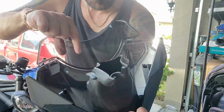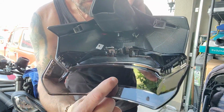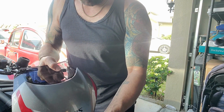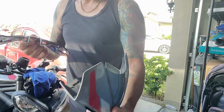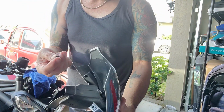They're gonna go holes to holes. See that? Holes to holes. They're gonna go right in there. And when it's in there, this is going to give the fly screen a proper deal. But the first thing we need to do is you take these little clips, and we're going to put